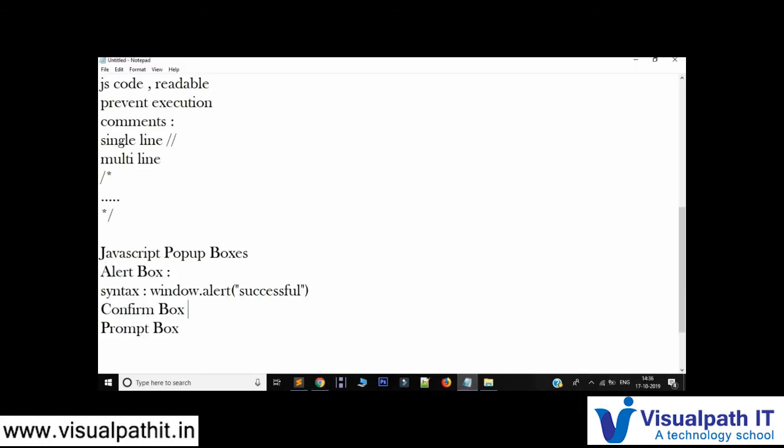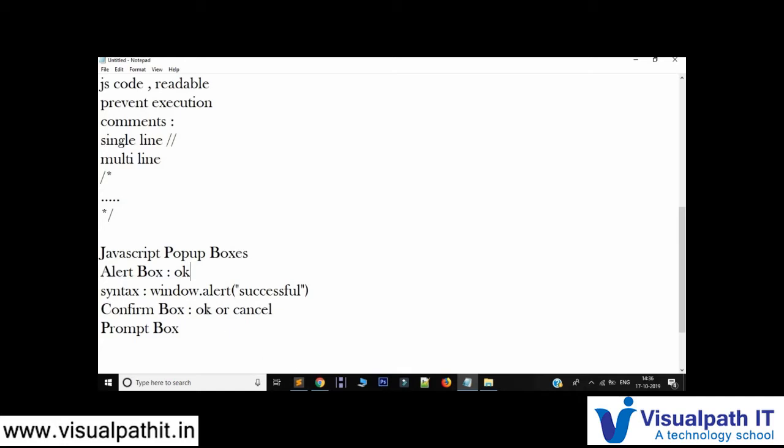Now let's go to the next one, that is the confirmation box. First, take the structure of how it will be. There will be a message, then there will be an OK as well as a Cancel in it. A confirmation box is often used if you want the user to verify or accept something. When a confirm box pops up, the user will have to click either OK or Cancel. These are the two buttons. In the alert, we had OK only, there was no Cancel or cross. But the confirm box has OK and Cancel available.